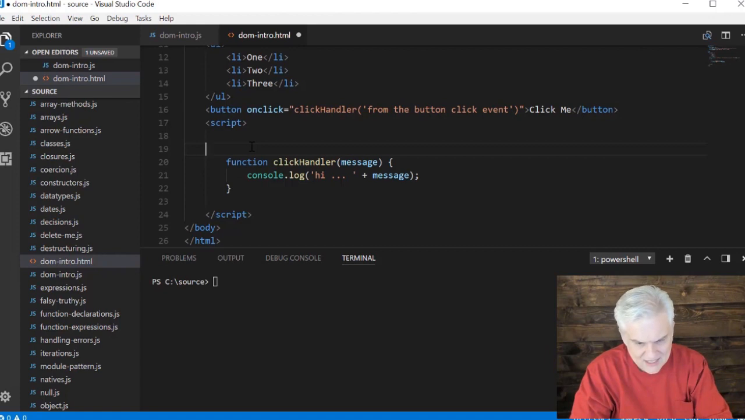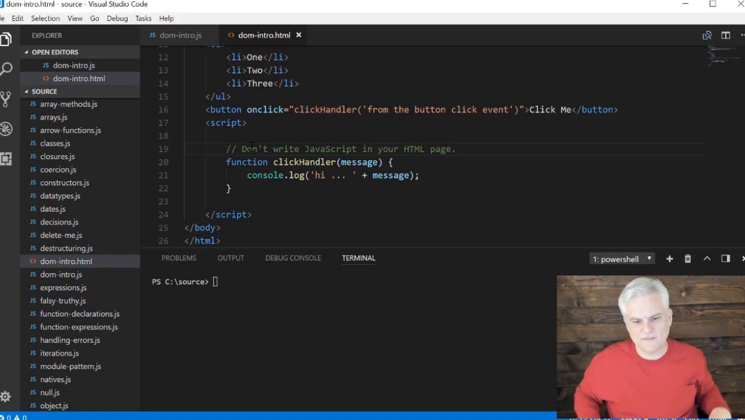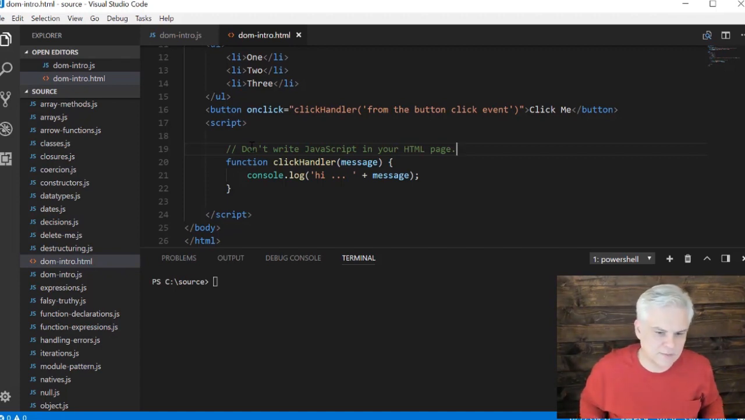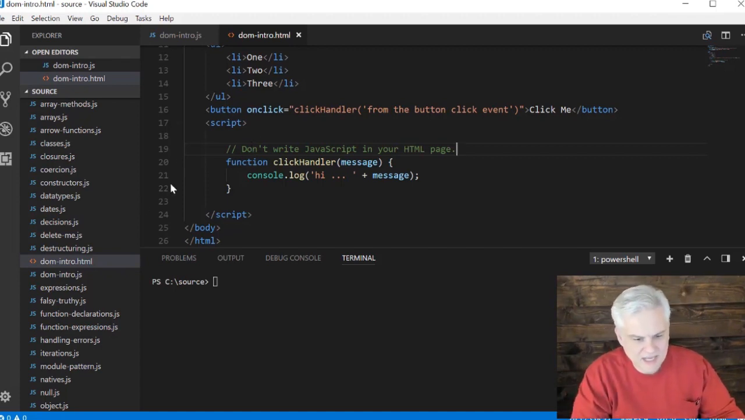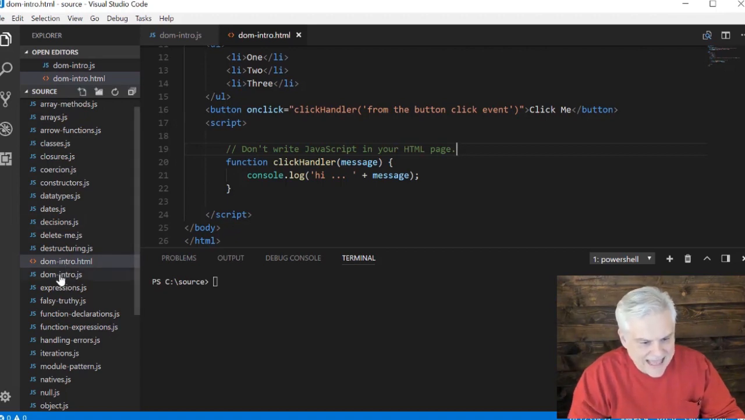So I'm going to say, don't write JavaScript in your HTML page. All right. And some people might argue with that and say it's perfectly fine. And, you know, it just depends on how much JavaScript there is and what your professional aspirations are and the other programmers and what they're doing in your group. But generally speaking, what you want to do is